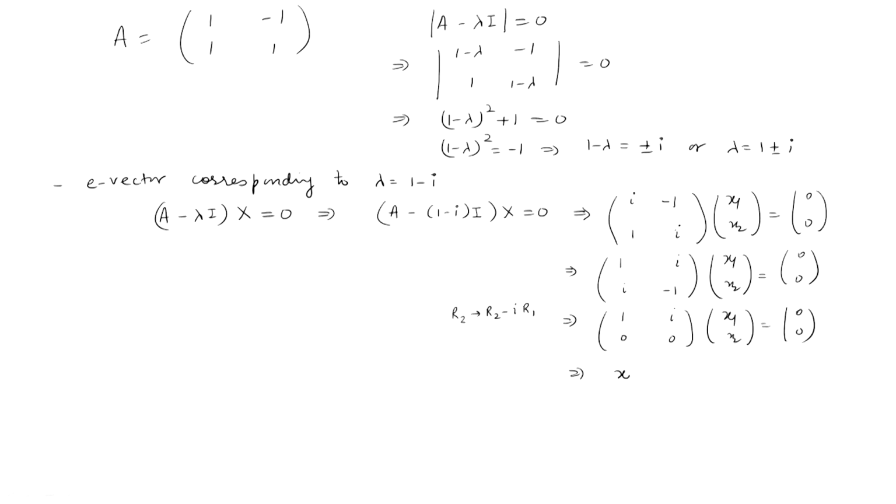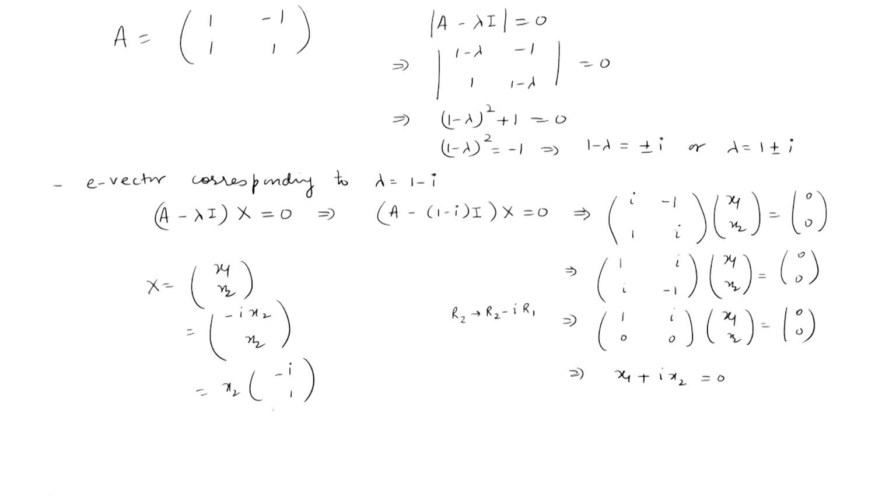So, this implies x1 plus iota x2 equal to 0. Okay. So, this gives infinitely many solutions of x1 and x2. You can substitute any value of x1 and find the corresponding value of x2 such that x1, x2 should not equal 0, of course. One such solution: x is x1, x2, you can take x1 as minus iota x2 from here, and it is x2. So, it is x2 times minus iota and 1, where x2 is any real number.